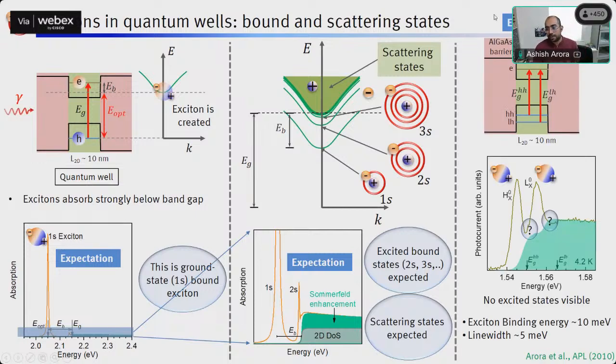These experiments which I had done back in 2010 when I was doing my PhD involved again this gallium arsenide quantum well. Now, in this quantum well, there are two types of excitons which are visible in the absorption spectrum. One is called the heavy hole exciton, the other is called the light hole exciton, meaning there are two types of valence bands with different curvatures. I told you that curvature is related to the effective mass. Therefore, one of them has a larger effective mass, the other has a smaller effective mass, a deeper curvature, and there are two types of holes which make two types of excitons with the same electron